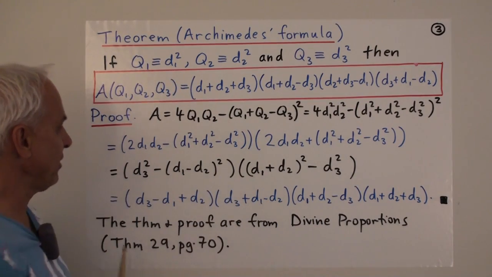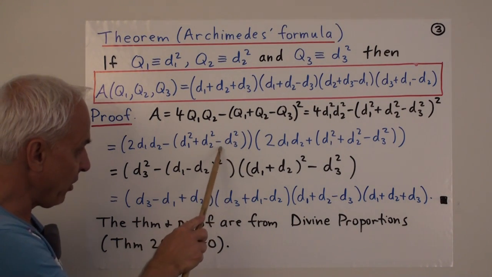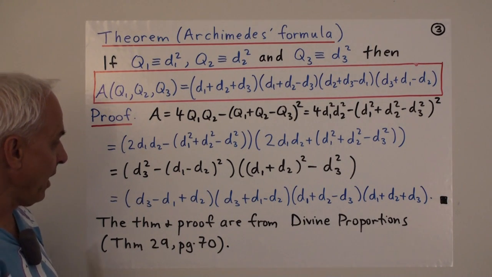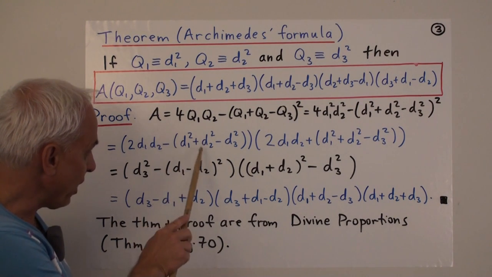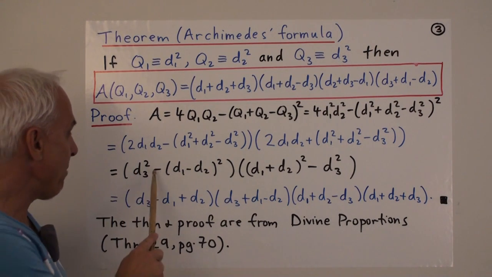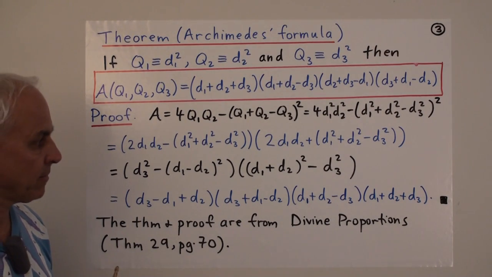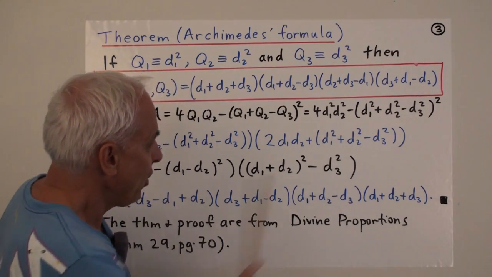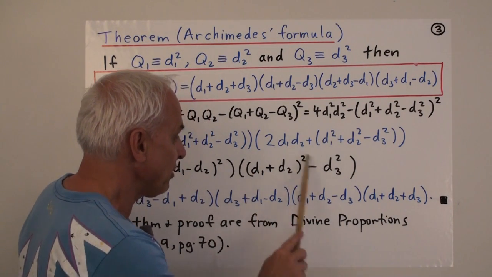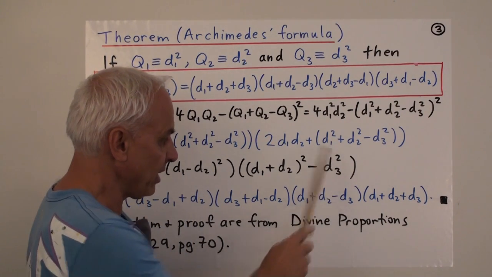Now let's have a look at this first term. We can rewrite that. The d3 squared is appearing with a minus sign here and a minus sign here for a total of a plus sign. So let's bring it out front. And then what's left is a minus d1 squared minus d2 squared plus 2 d1 d2. That's minus quantity d1 minus d2 all squared. In a similar kind of way, when we look at this, we can combine the d1 squared, the d2 squared, and the 2 d1 d2 to be d1 plus d2 all squared. And left over we have a minus d3 squared.